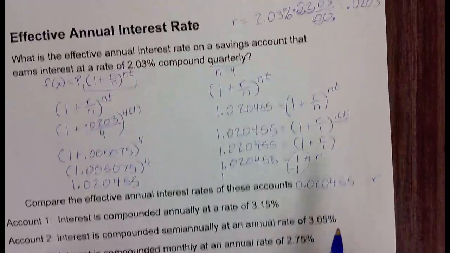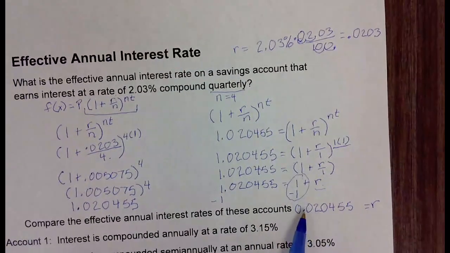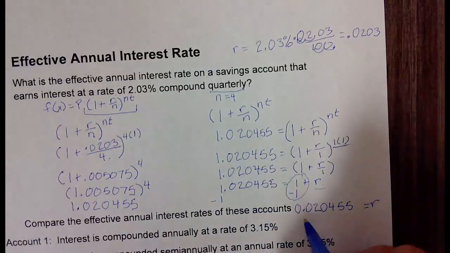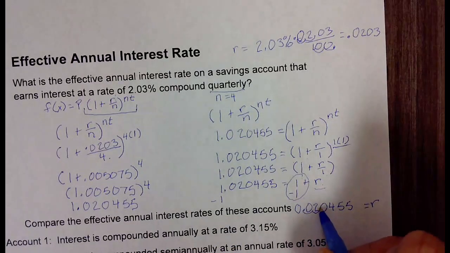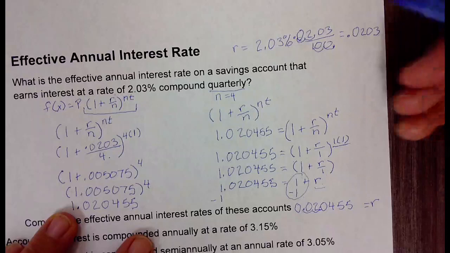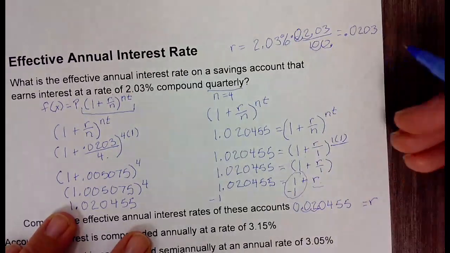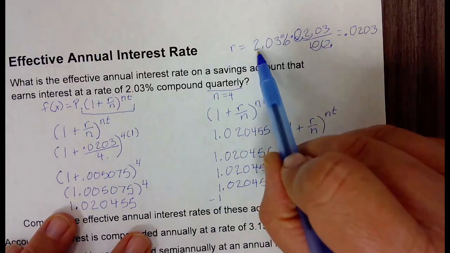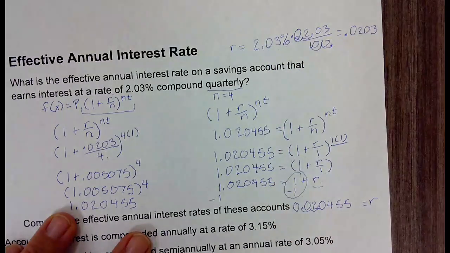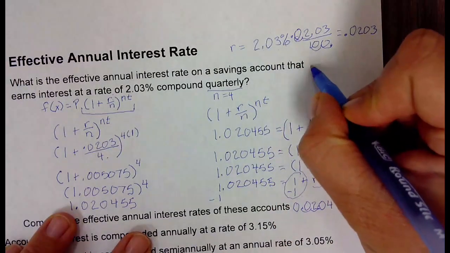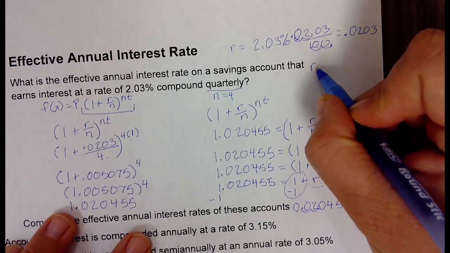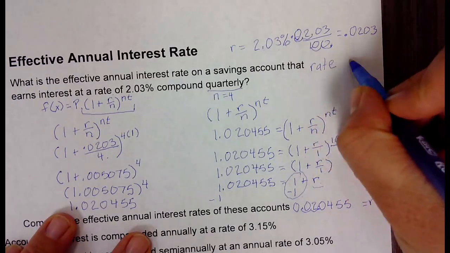We're going to move our decimal point back 2 places to the right. 1, 2. And so our rate quarterly was 2.03%, and that's an effective annual rate of